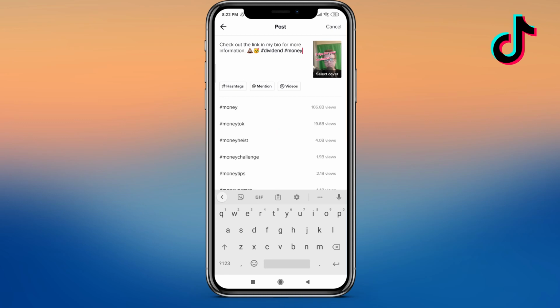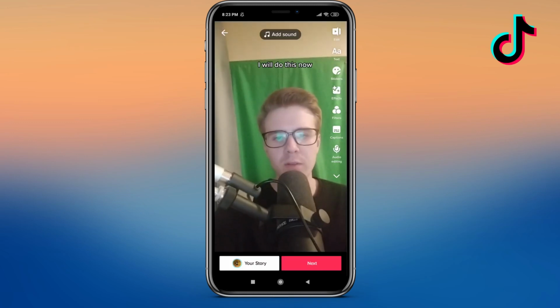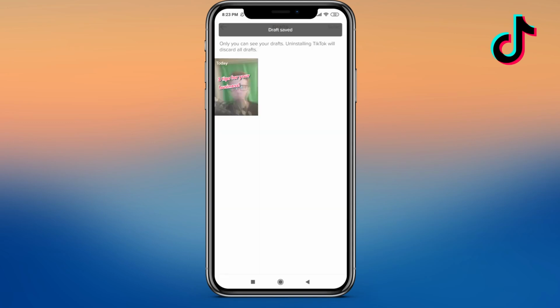So simply some words that describe the video, the content, to not only help TikTok categorize the video, but also to kind of help the person that views it to click on the hashtag and also see different other videos in this category. For example, if I go back now, let's save the draft and